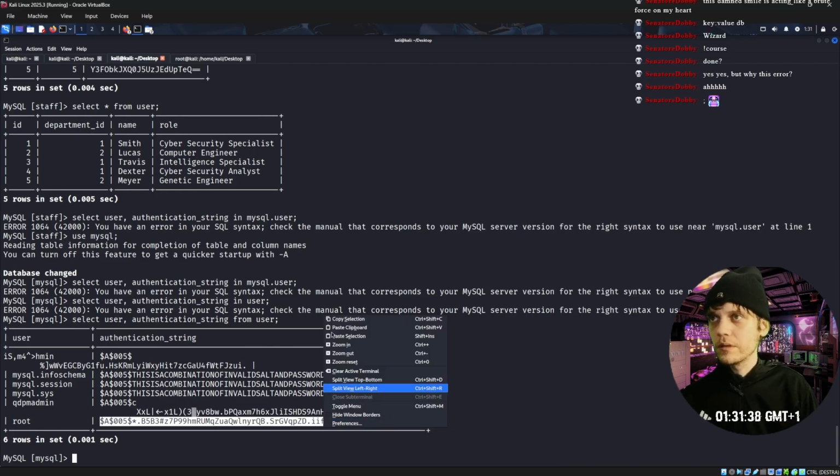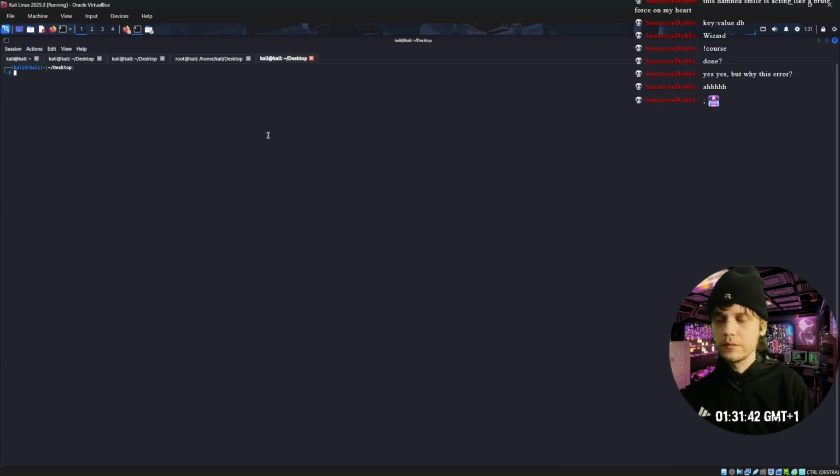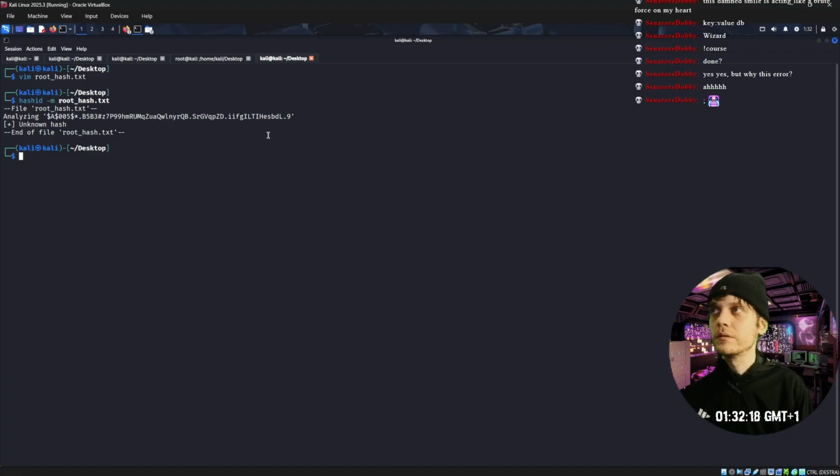Can copy this and then root hash. We can save it here. Right, we can try to identify what type of hash we have with hash ID on root hash, and it says that it's unknown. We also try cracking it with hashcat